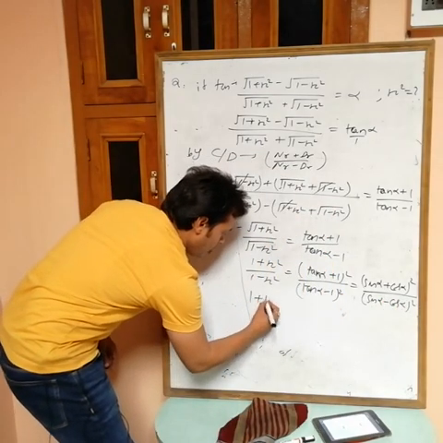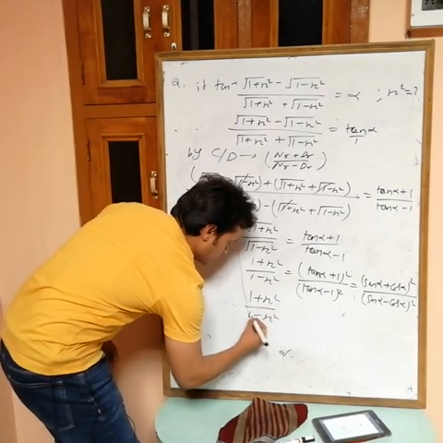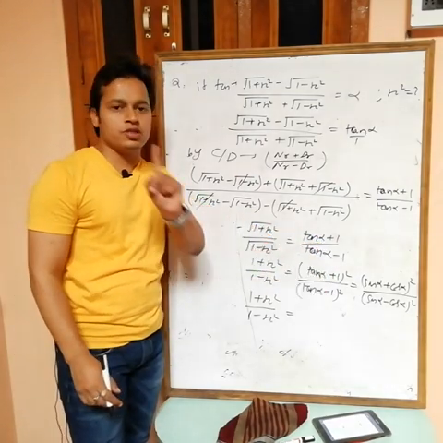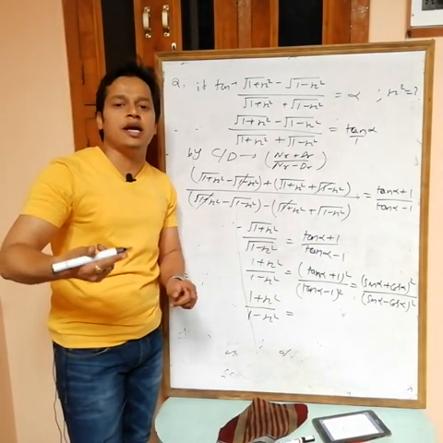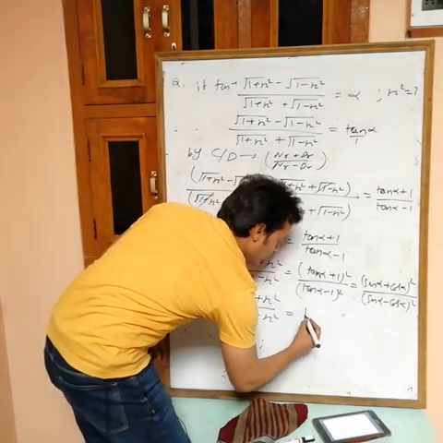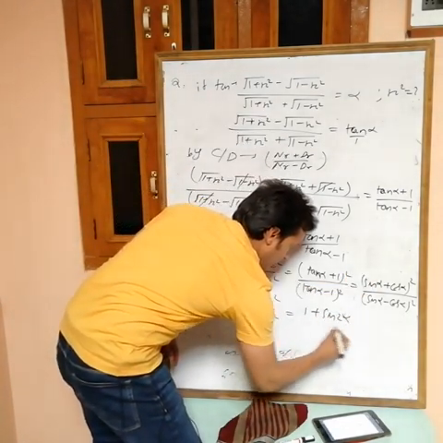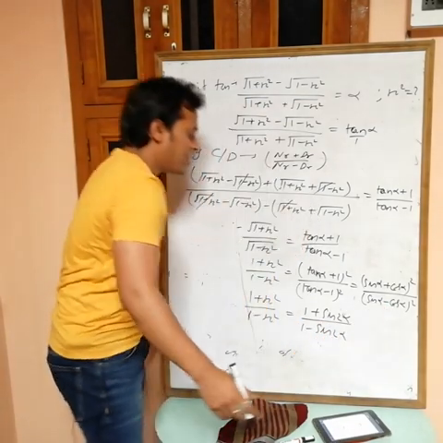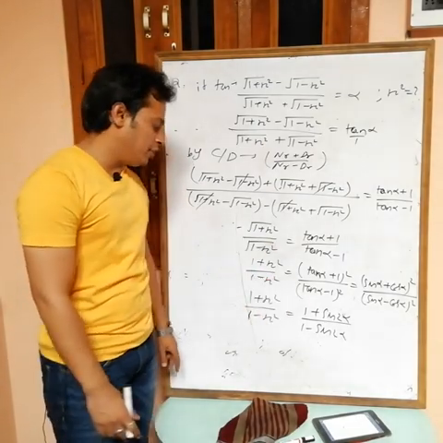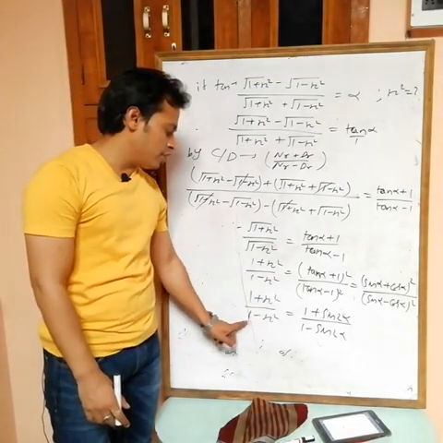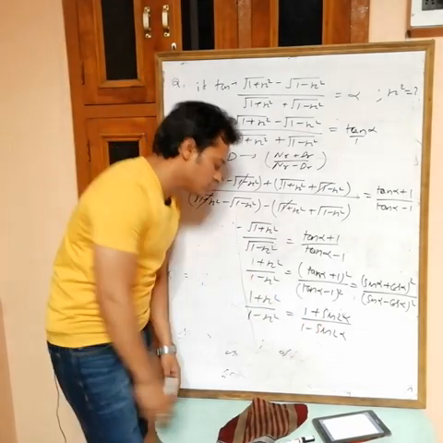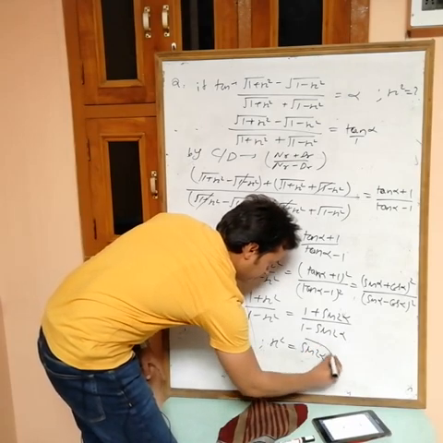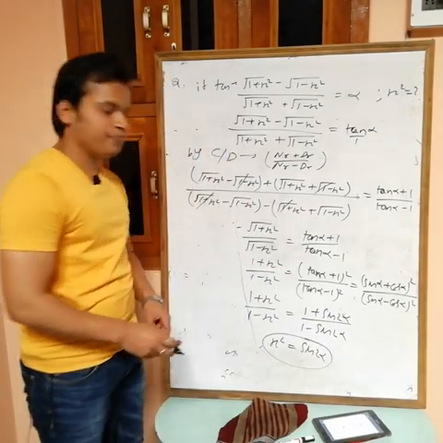Okay, 1 plus x square by 1 minus x square. Now just simply solve. (Sin alpha plus cos alpha) whole square is sin square plus cos square, which is 1, plus 2 sin alpha cos alpha, which is sin 2 alpha. So if you expand this one, you will get 1 plus sin 2 alpha, and if you expand this one, you will get 1 minus sin 2 alpha. Now by comparison, you will get the value of x square. So x square is equal to sin 2 alpha. Okay, this is the value.